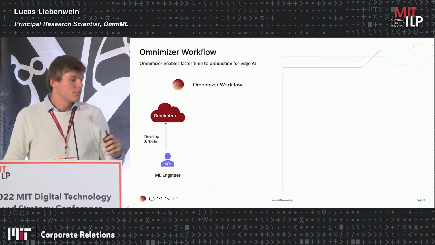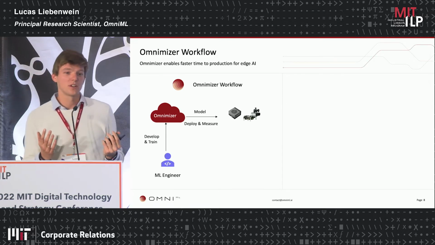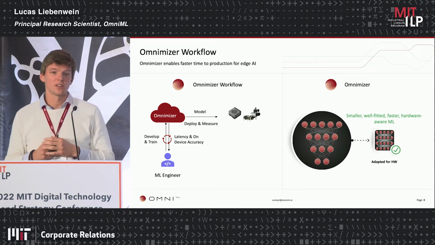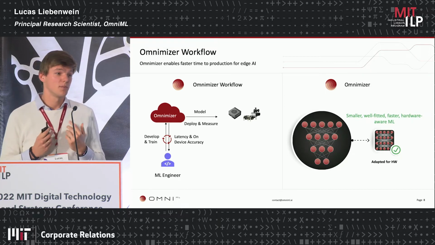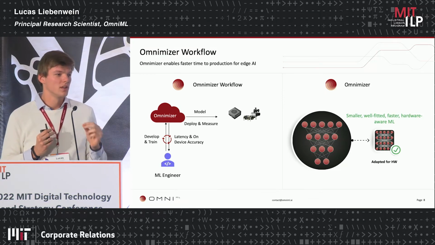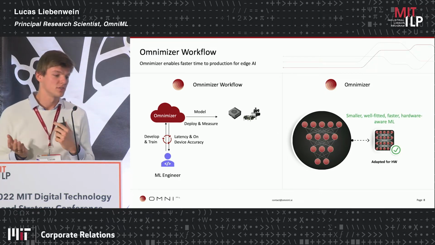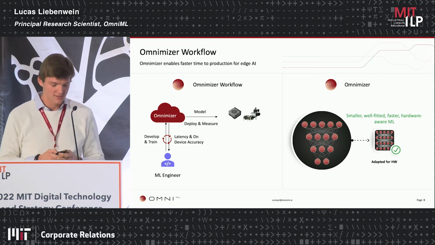I talked a little bit about that already, but what makes using Omnimizer different from any other machine learning tool is that it gives you the ability not only to develop and train the model, but also to directly test the model in your production environment and get feedback. Ultimately that leads to much better models, and you might now have applications that are made possible in the first place. We see a lot of people that have very stringent constraints in terms of accuracy and performance, or stringent constraints in terms of their product budget and what kind of chip they can afford to put into their device.